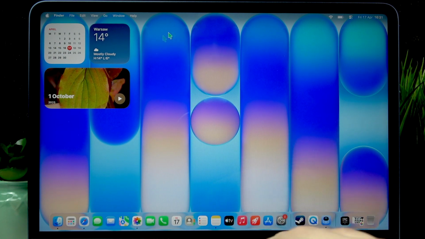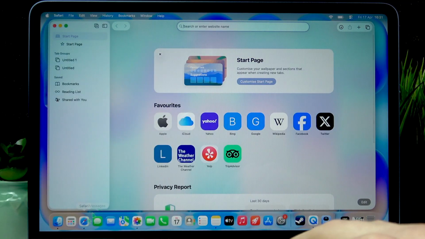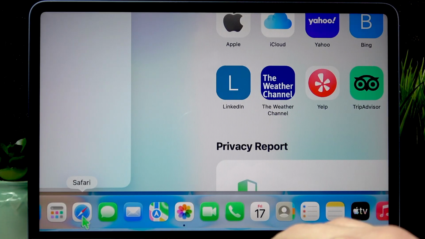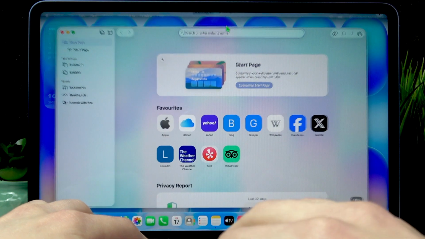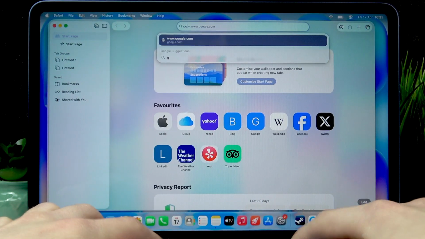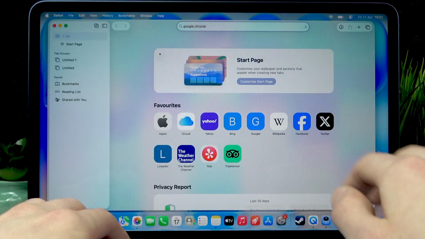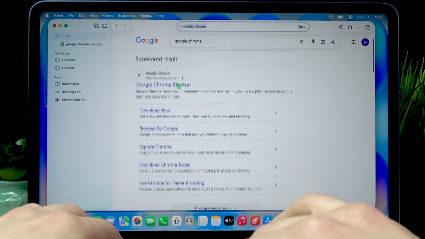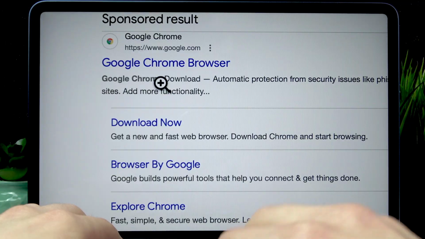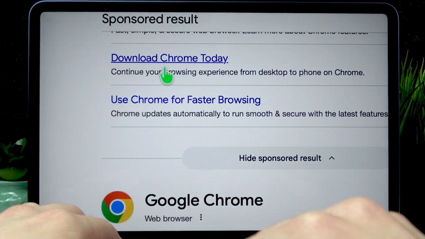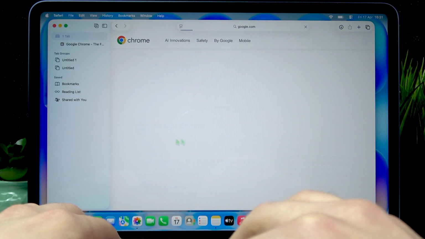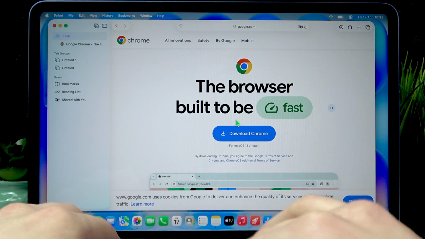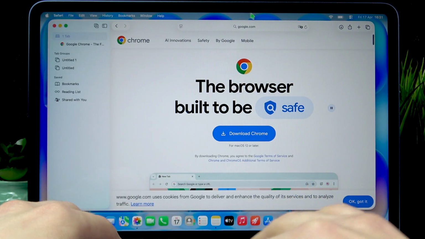To do that, we're gonna have to open the default Safari web browser. Just click on it on the dock and then search for Google Chrome using the search field right here. And you will find the Google Chrome browser either as a sponsored result or basically just the first result on the list. You'll get redirected to the